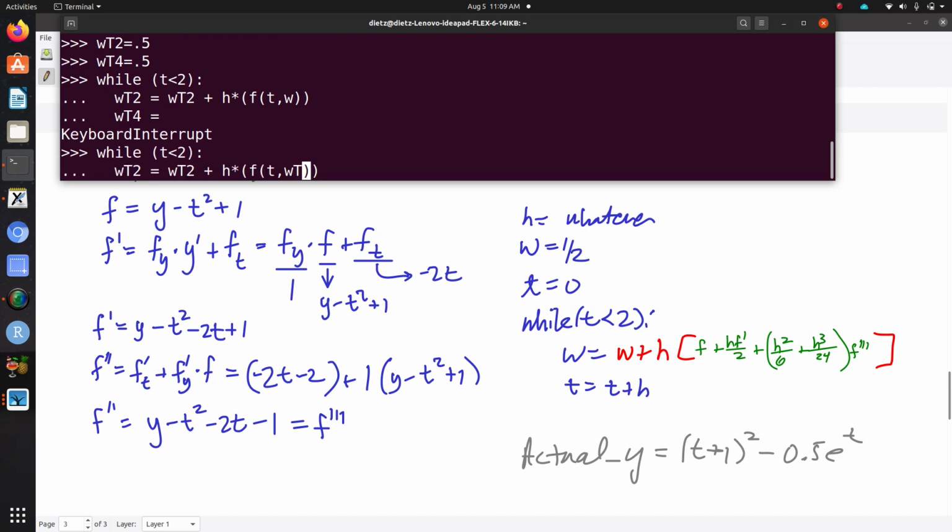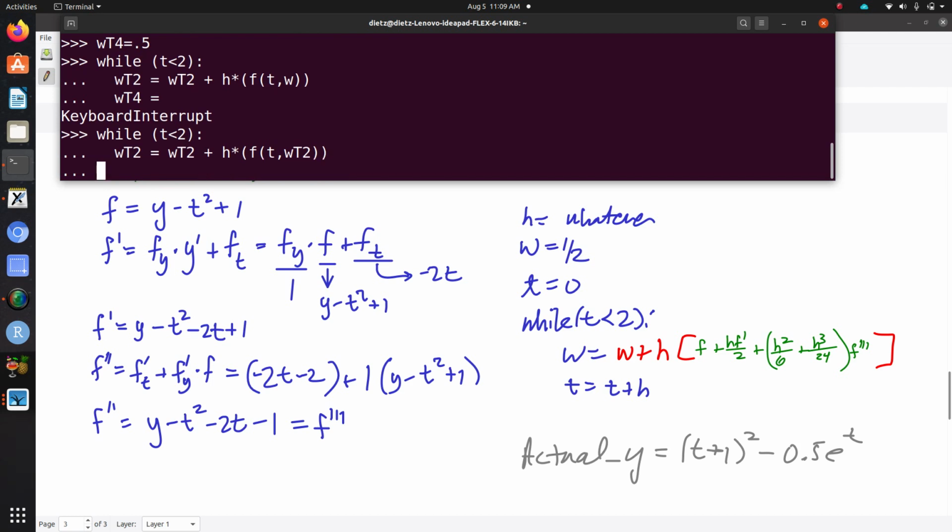But there is no W. It has to be WT2. WT4 is going to be WT4 plus H times the following. I need F of T plus H over 2 times F prime of T plus H squared over 6 plus H cubed over 24